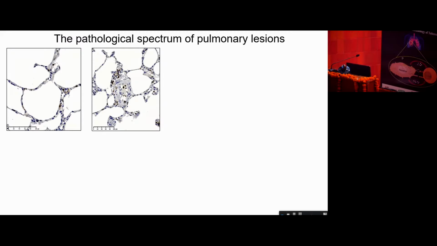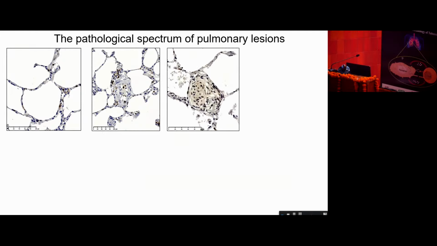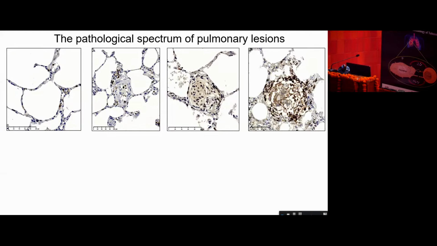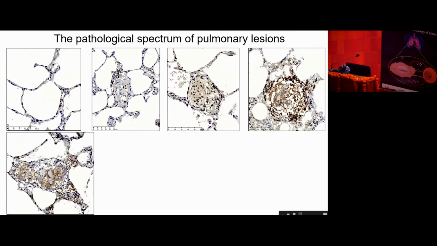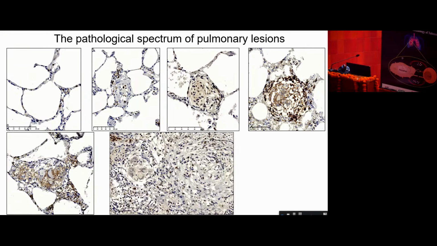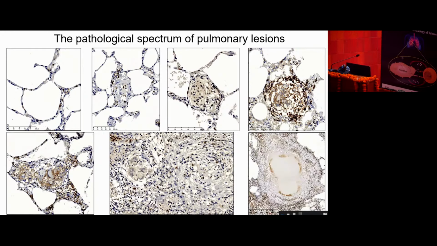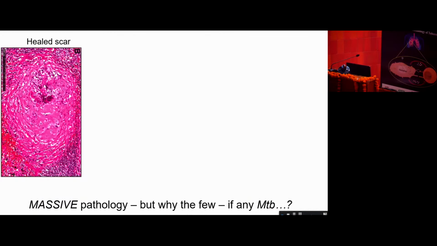You see mild inflammation and plugging basically of the alveoli. That increases, and you get a more structured, non-necrotic granuloma filling in the alveoli. That increases in size. You start to see the formation of giant cells. You see a further increase, multiple giant cells. Ultimately, you get massive alveolar consolidation, again with giant cells, and you will get necrotic lesions,